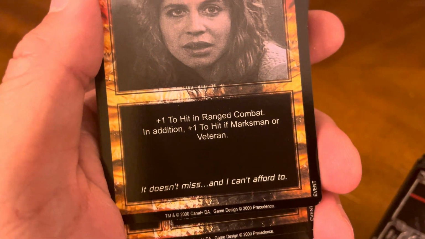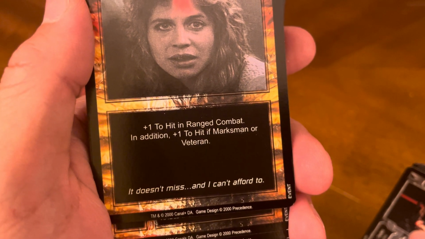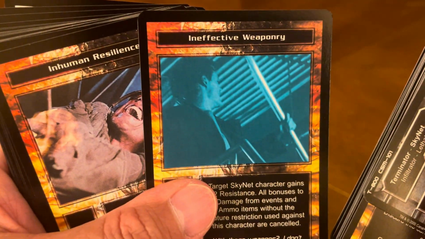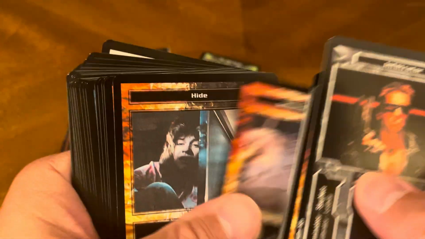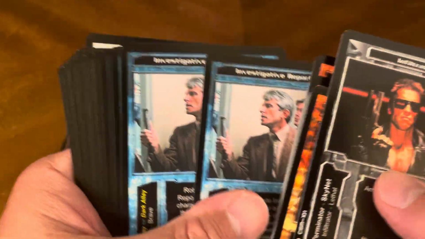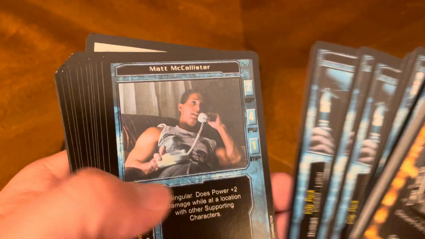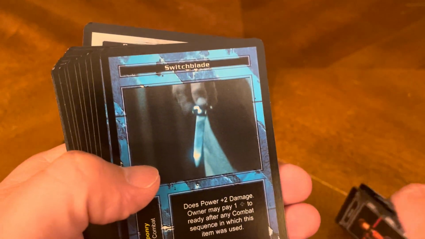Let's see what that one says. Target acquired. +1 to hit in ranged combat. In addition, +1 to hit if marksman or veteran. It doesn't miss, and I can't afford to. So that's ineffective weaponry, inhuman resilience, hide, mistaken identity, phone book. Again, here we go with the investigative reporter, street punk, Matt McAllister, Sarah Connor, switchblade,